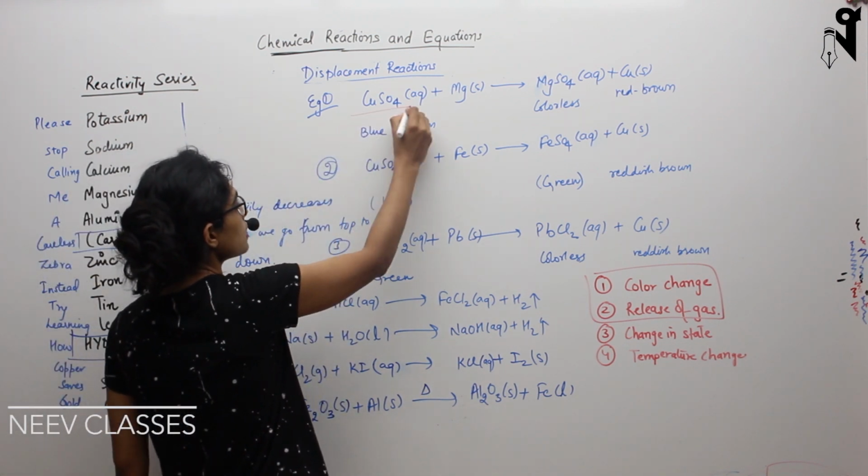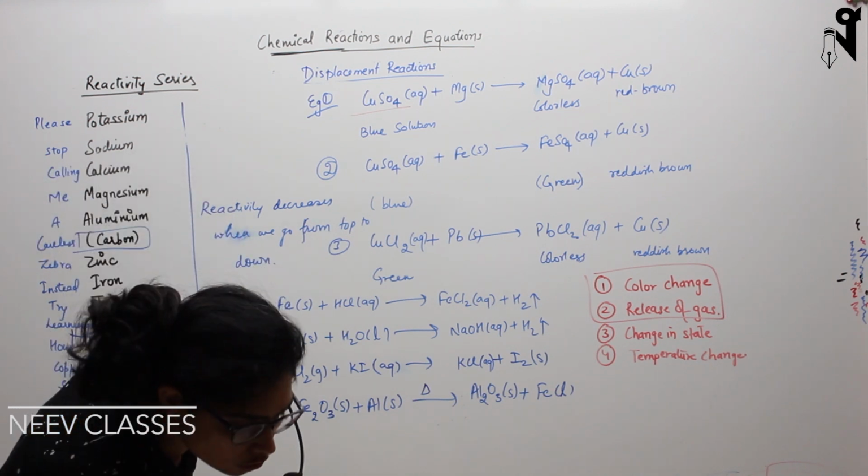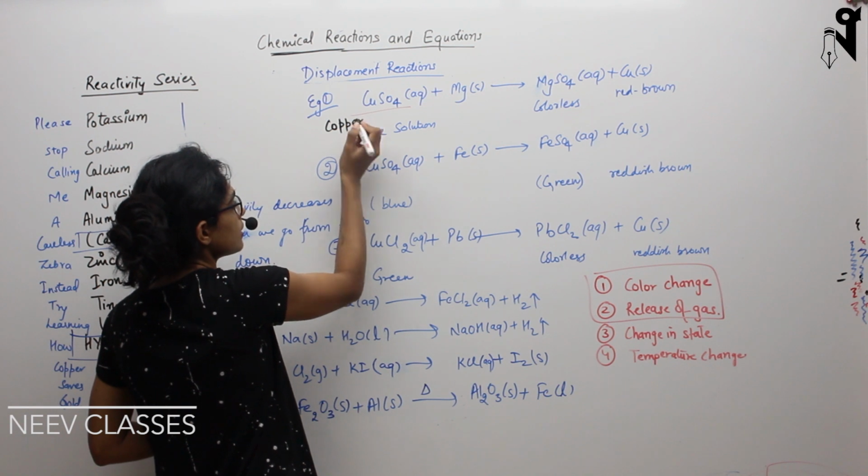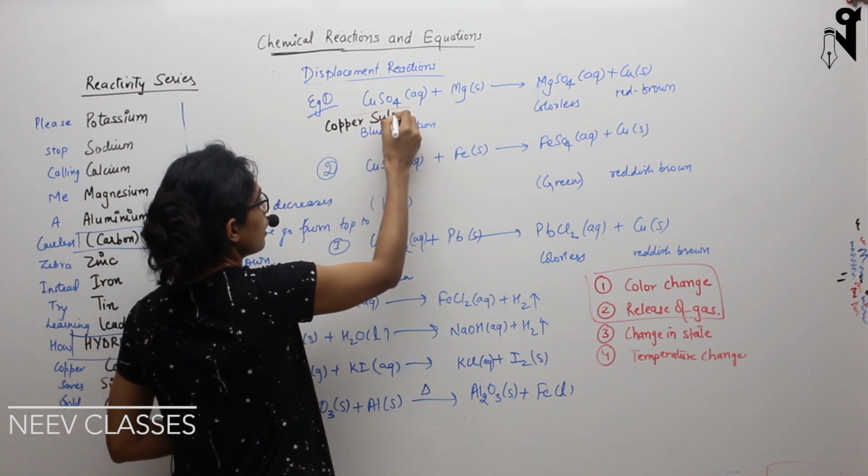First example is copper sulfate solution. I have not mentioned copper sulfate, so I'll just write it down. SO4 2 minus is a sulfate ion. So copper sulfate